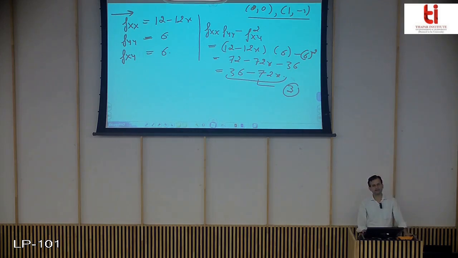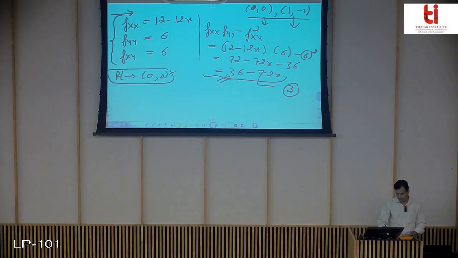So the things that we need to check whether the 2 points that we have found are maxima, minima or saddle point have now been calculated. Now let us check point by point. That is, let us first consider (0, 0), whether it is a point of maxima or minima.